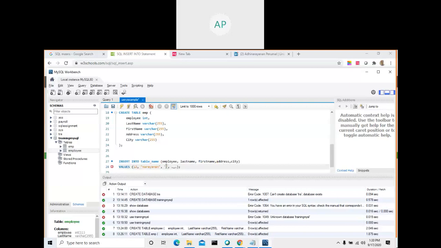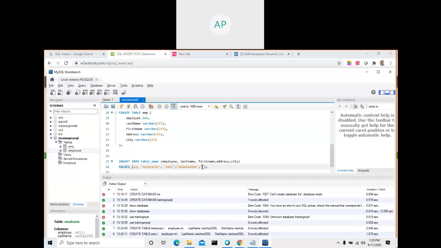And what is the first name? First name in double quotes, ADHI, and then address and city. See, only the integer I wrote without double quotes. All the varchar values I wrote within double quotes.